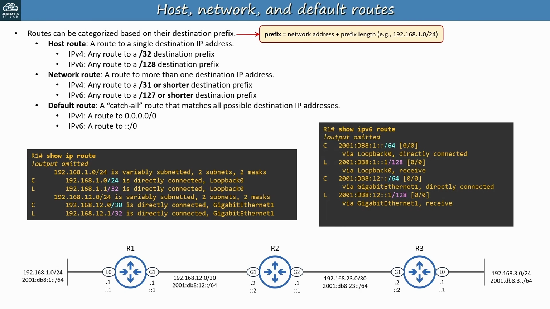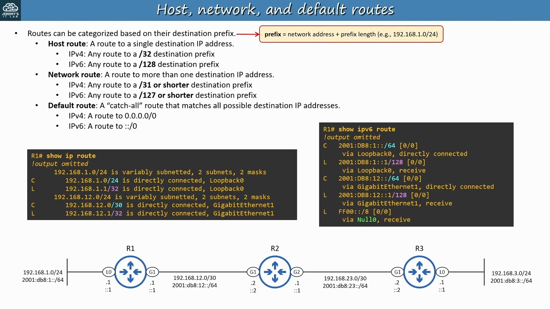And here is R1's IPv6 routing table. It has two connected routes, which are network routes to /64 subnets. It also has two local routes, which are /128 host routes, to the addresses of its interfaces. There's also a route to FF00::/8, the IPv6 multicast range. We'll cover multicast routing in a later section, so don't worry about it for now. The next hop of this route is the Null0 interface, another topic we'll cover soon when we look at